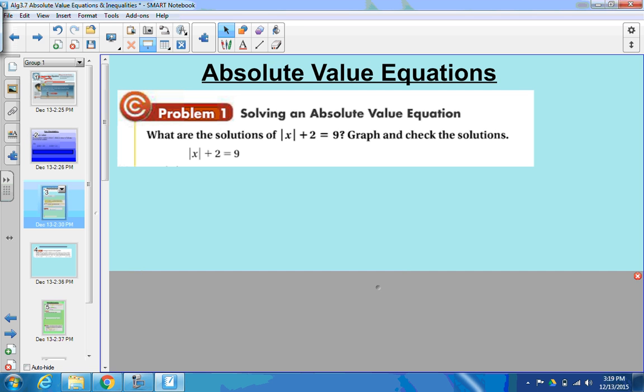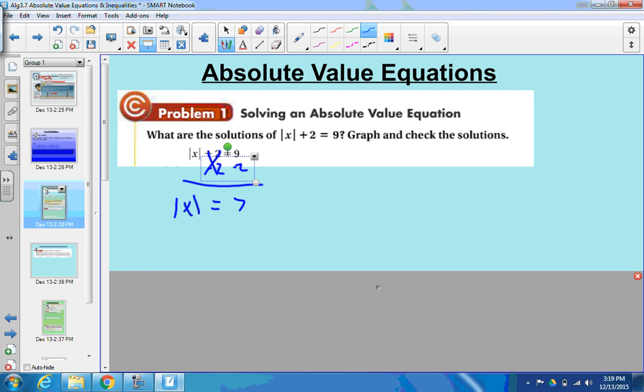Now, what we focused on yesterday was solving absolute value equations, like this one: the absolute value of x plus 2 is equal to 9. We want to get the absolute value part by itself, so we're going to subtract 2 from both sides. You have the absolute value of x equals 9 minus 2, which is 7, because this cancels out. So the absolute value of x is 7. That means, what two numbers, if you take the absolute value of them, could be equal to 7? Well, it could be 7 or negative 7,